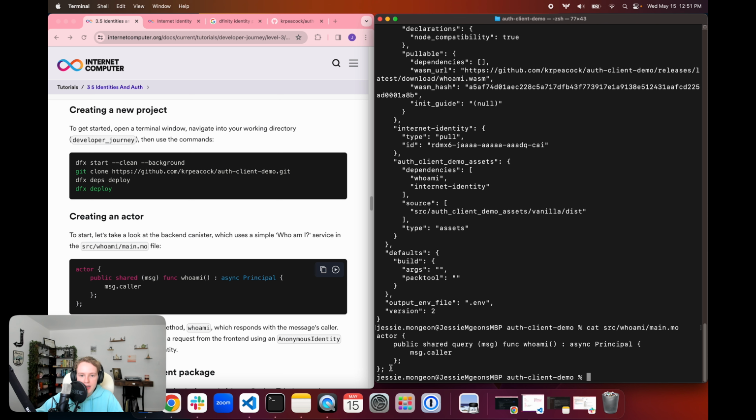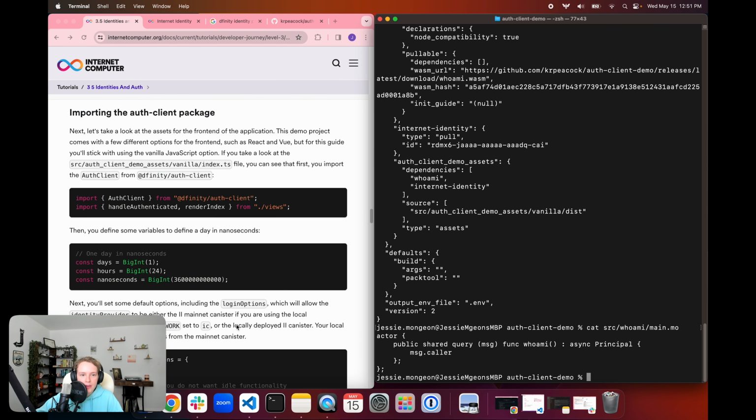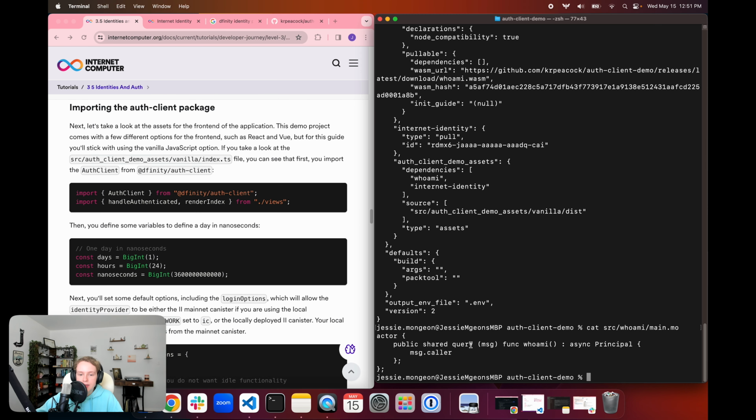And here we can see that it has just a simple query function called who am I, and it is going to respond with the message's caller. And so this is how we are going to test if we are logged in and authenticated with an internet identity or not. And so we can also take a look at the front end of this application. So if we look at this source auth client demo assets index.ts file,